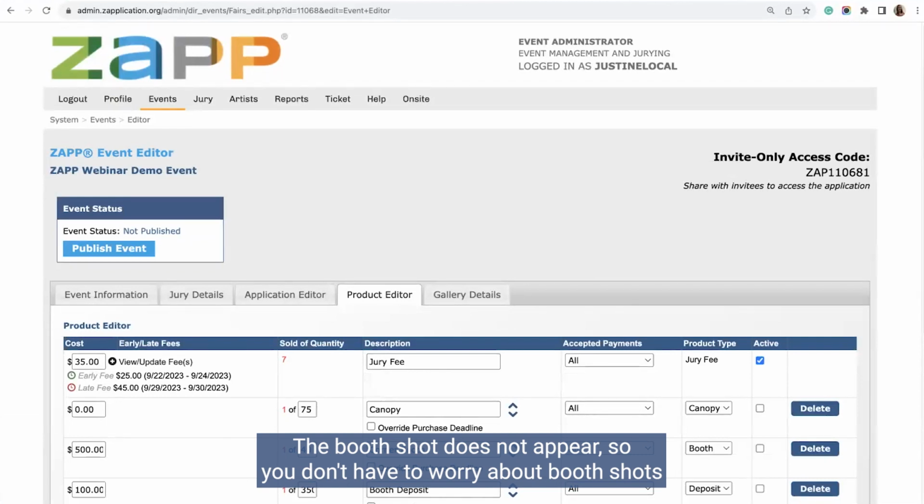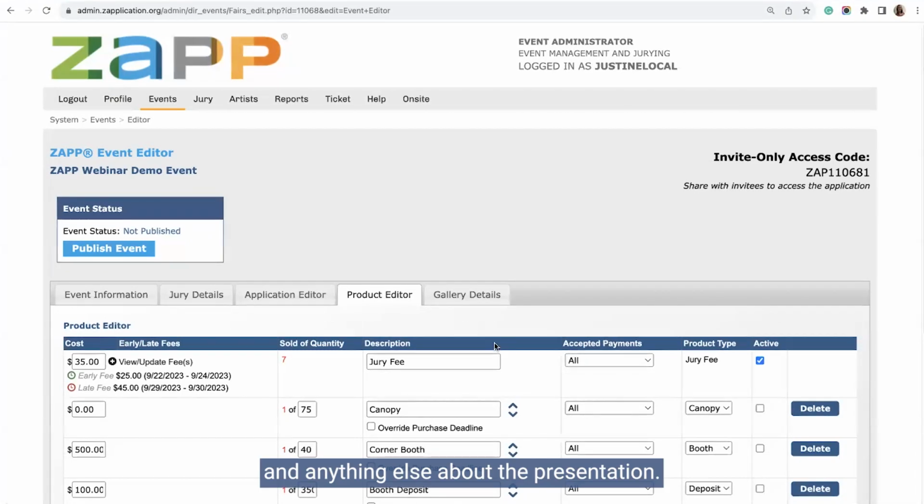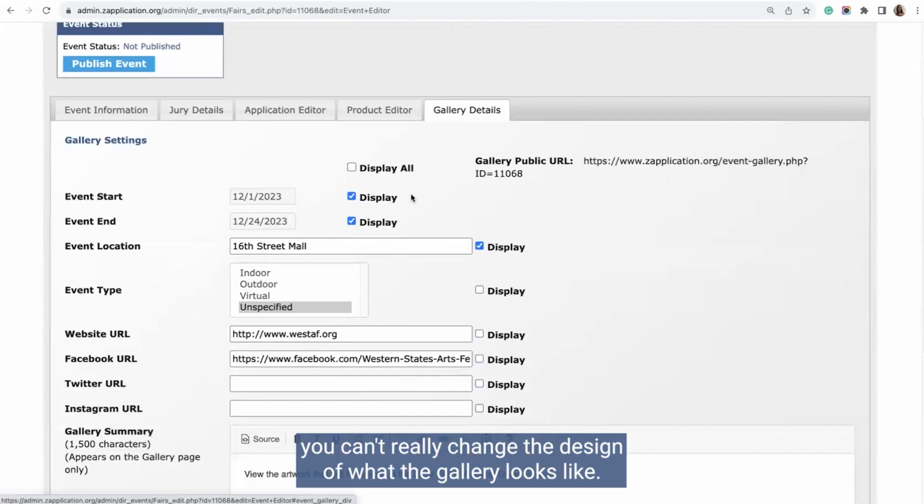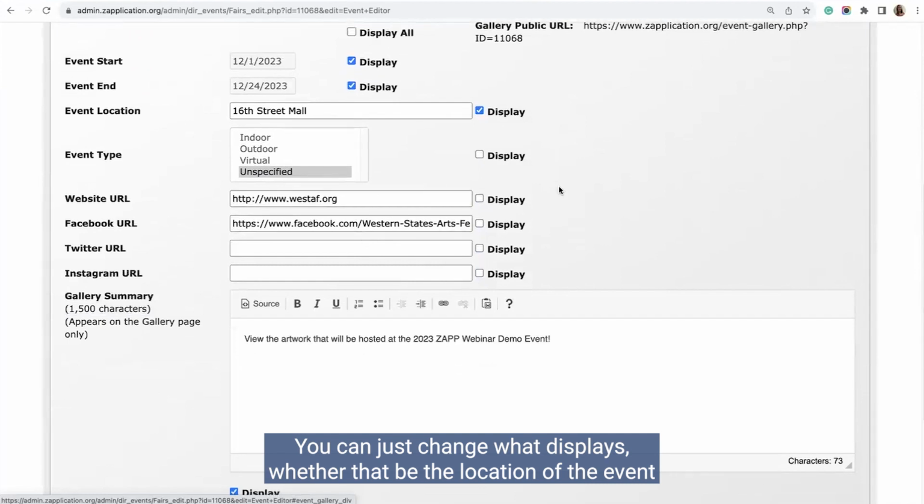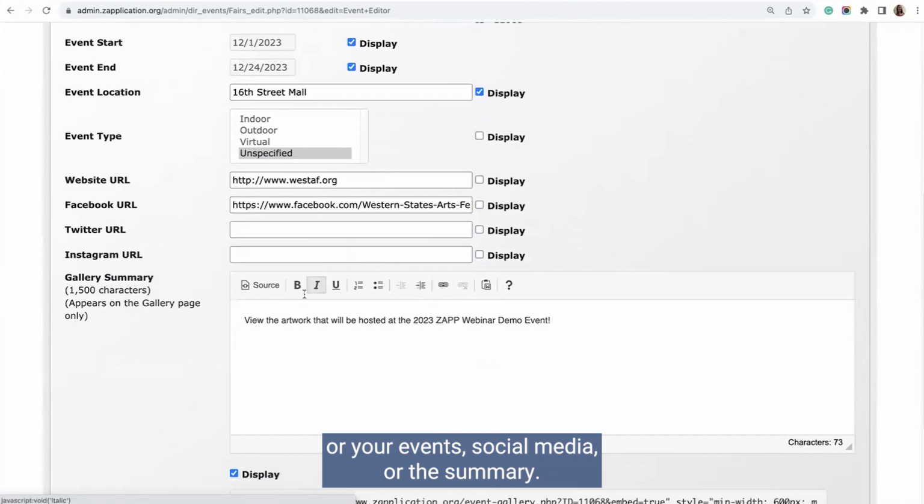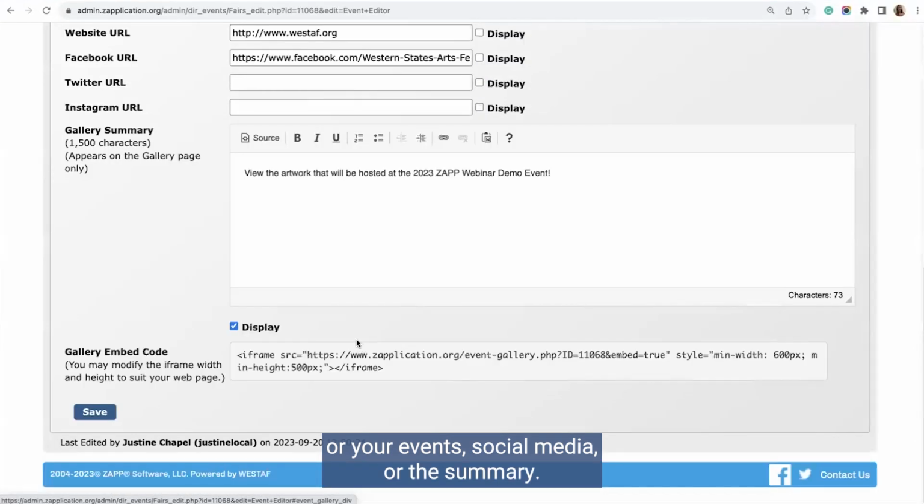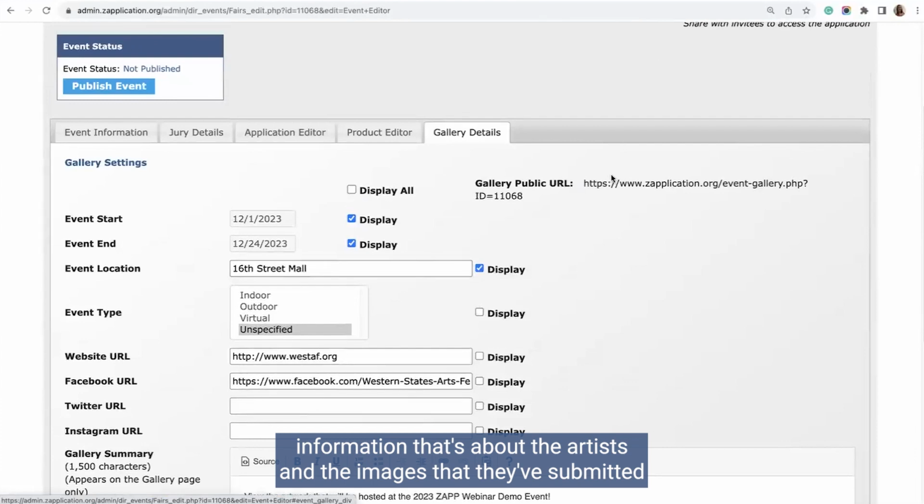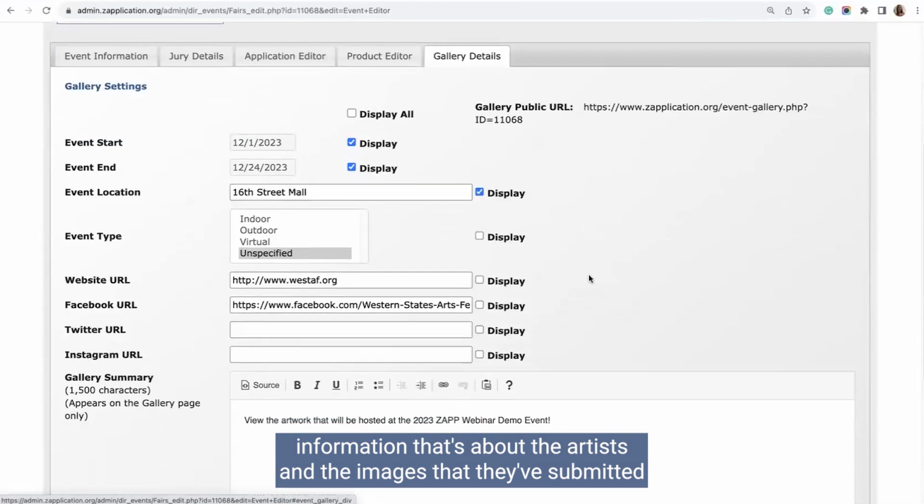Anything else about the presentation? This is all where you manage it. So you can't really change the design of what the gallery looks like. You can just change what displays, whether that be the location of the event or your event's social media or the summary. Other than that, the information that's about the artists and the images that they've submitted are all going